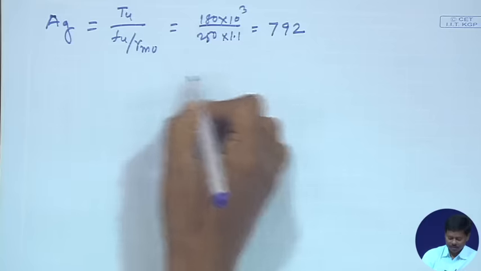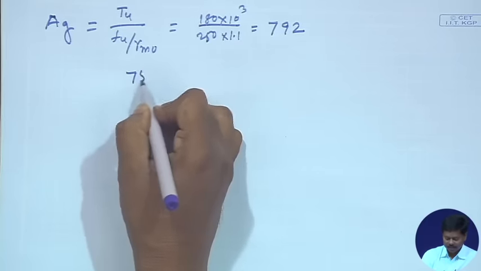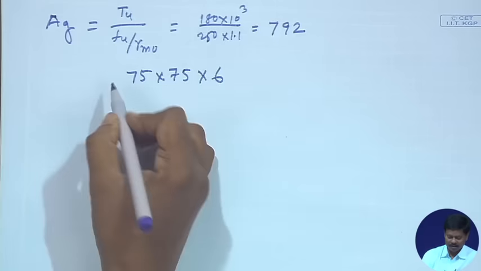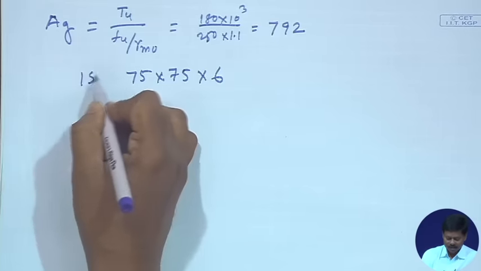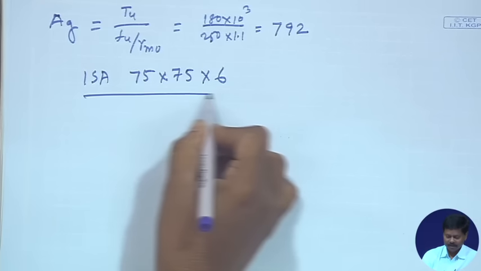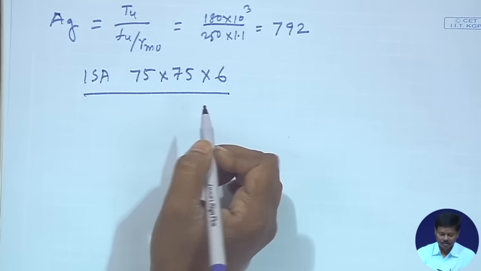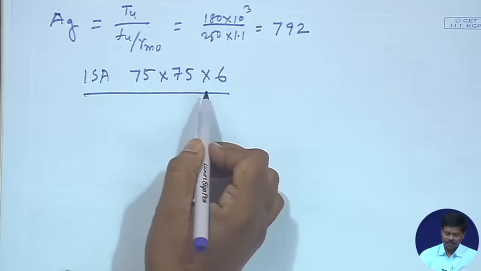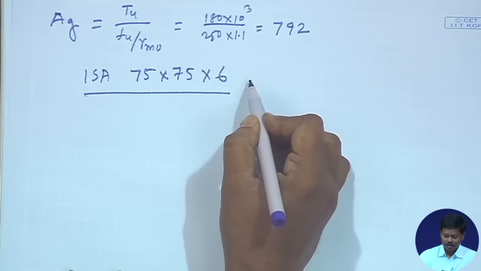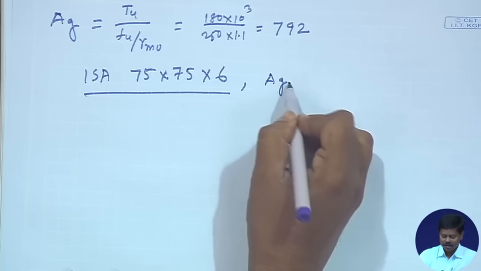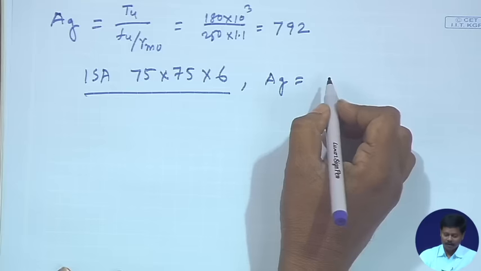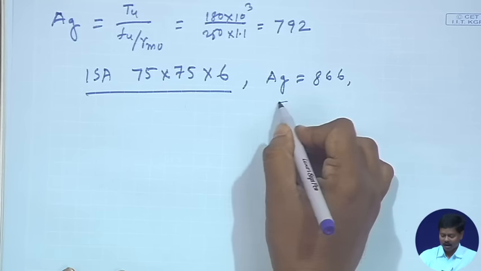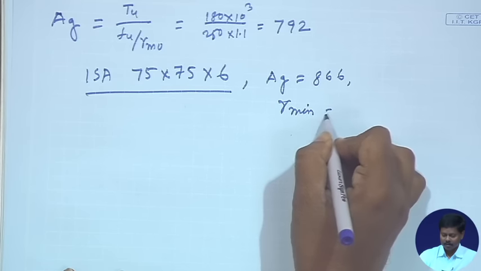And now we can use an angle, sorry, this is the main angle, ISA 75 by 75 by 6. Let us use an angle of 75 by 75 by 6 to carry this much load, where its gross area Ag will be 866, right, and r minimum is given as 14.6,